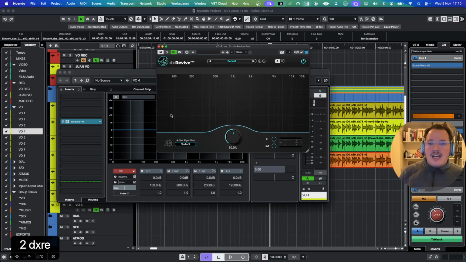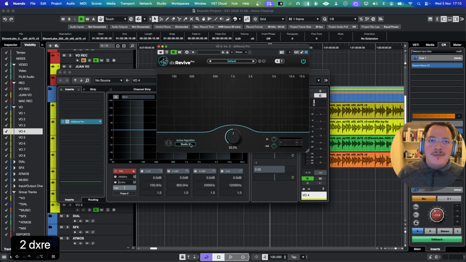Now, what I was explaining about this AI generated voice that is being created from the original audio, this is what is happening with this plugin. So this plugin is, I would say, a mixture between RX11 and Adobe Podcast.